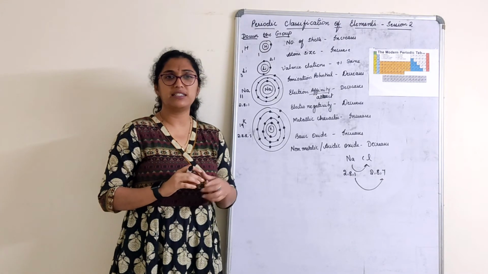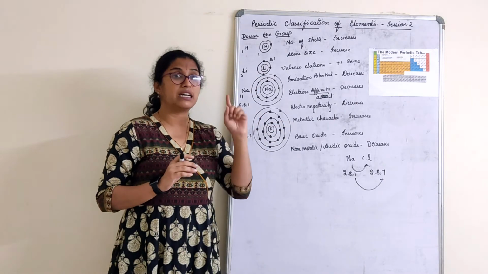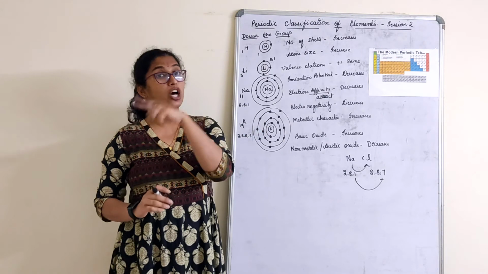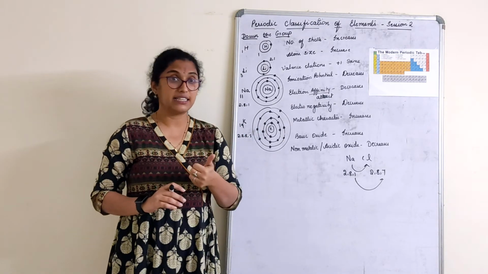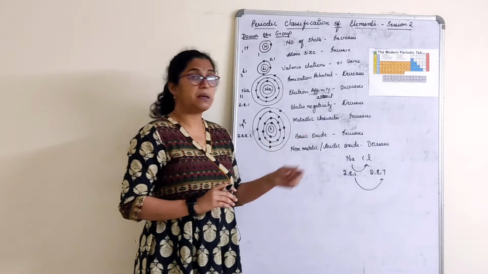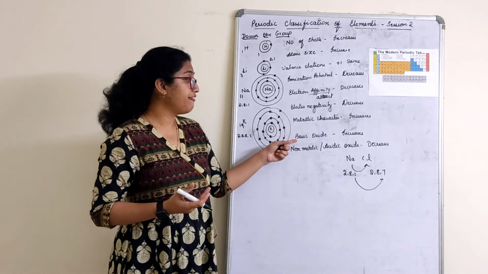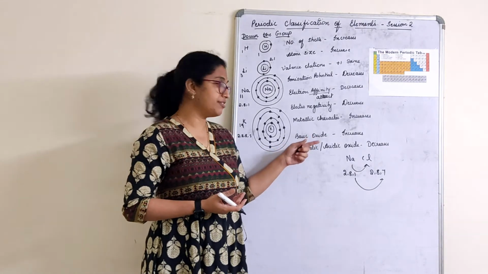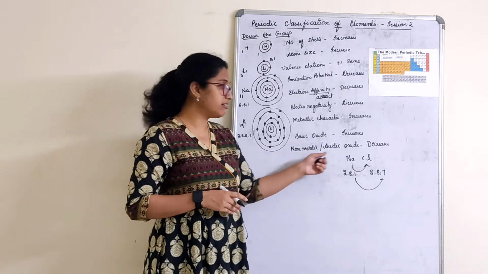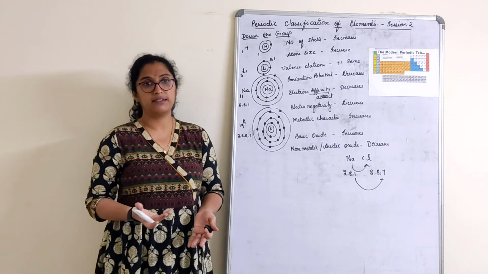Where did we study this? Metals and non-metals, acid, bases and salt. All metallic oxides are basic in nature. All non-metallic oxides are acidic in nature. So if metallic character increases, of course, basic oxide also increases. So if basic oxide increases, children, non-metallic character and acidic oxide definitely has to decrease, right?